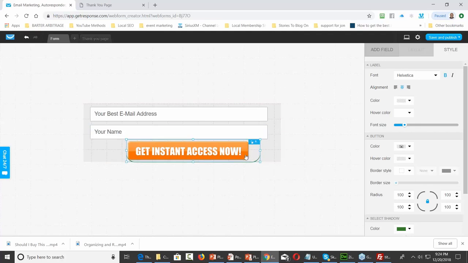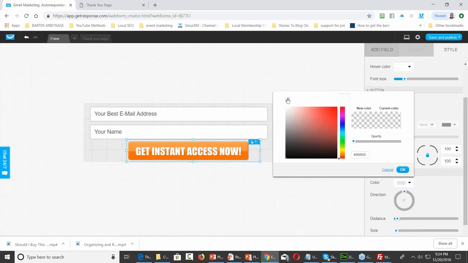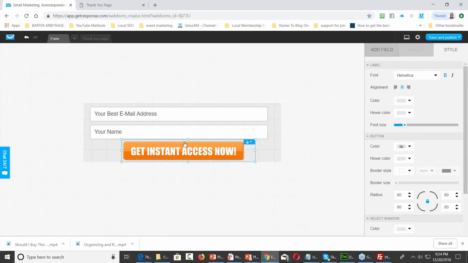And what I really want to do here is take that shadow out, so I'm going to make that transparent. I'm going to slide this button over. And I'm now going to save it